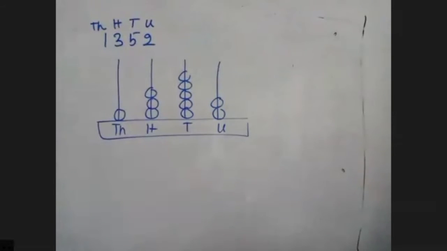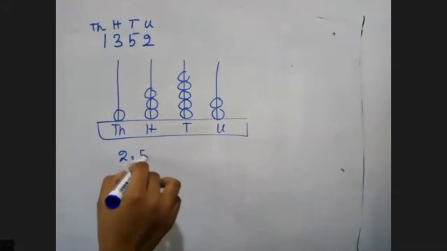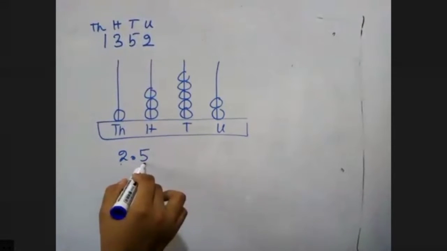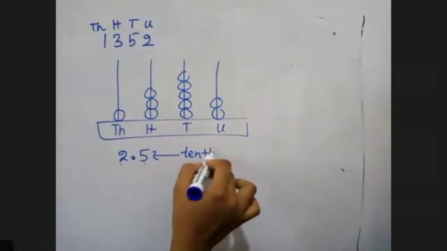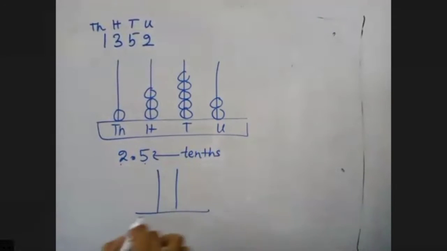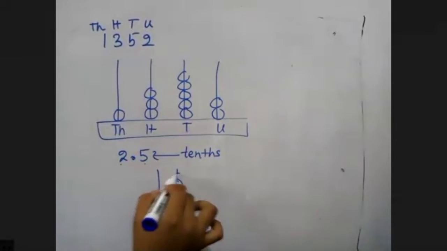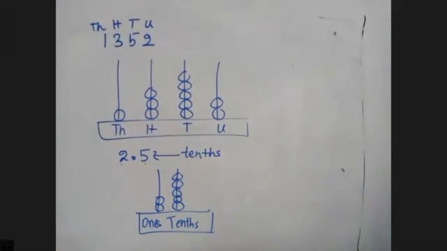But for decimals, if I want to represent, for example, let's say 2.5, this is a decimal. How can I represent it? I told you this is ones and this is called the tenths. How do we spell that? This is called the tenths, T-E-N-T-H-S. So I can draw an abacus with two strands and I can name this as ones and this as tenths. So in the ones I have 2 beads. In the tenths I have 5. But we read it as 0.5. This is the way of representing a simple decimal on an abacus.